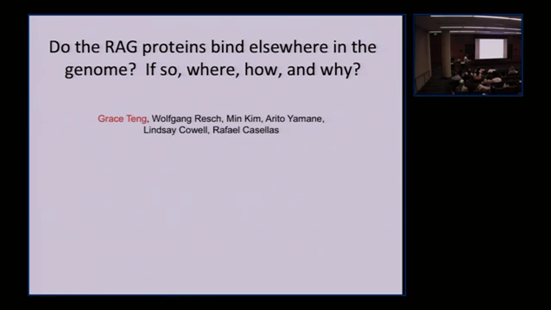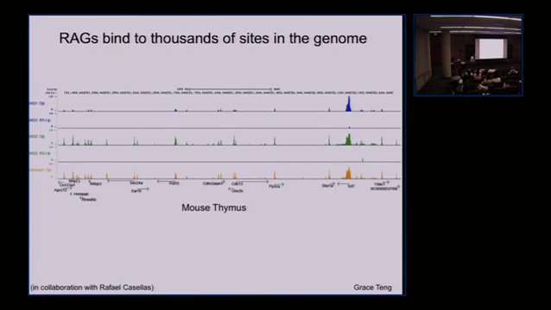And this has been a close collaboration with Rafael Casellas' group and work that's been driven by a fabulous postdoc in the lab, Grace Teng. And the method that we've been using is to do chromatin immunoprecipitation followed by high-throughput next-gen sequencing, ChIP-seq, using some monoclonal antibodies we've developed fairly recently to the RAG proteins. Okay, and so the answer